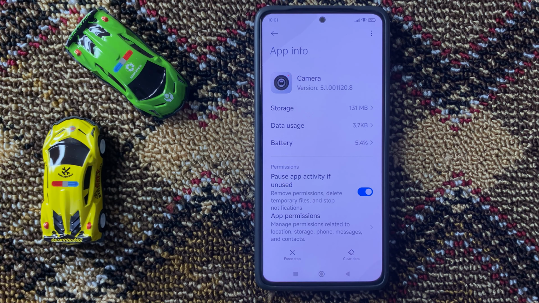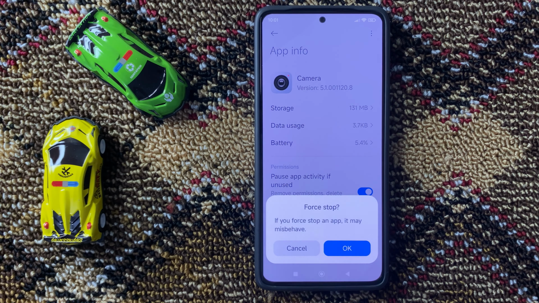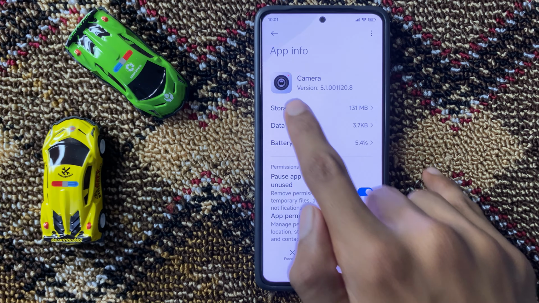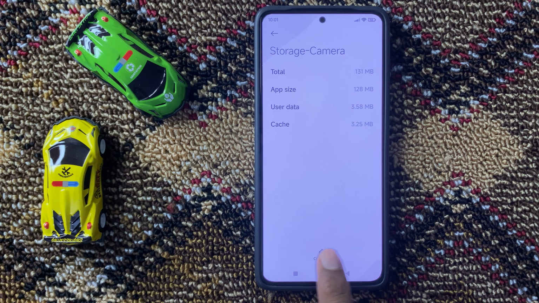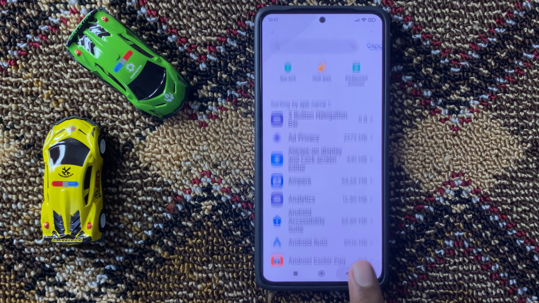Now here you can see the option force stop. Now click on force stop and then OK. After you force stop your camera, click on storage and clear your camera storage. After clearing your camera storage, go back to the main page of your settings